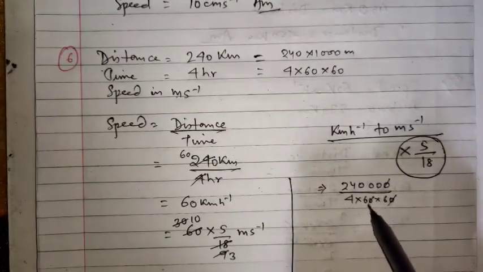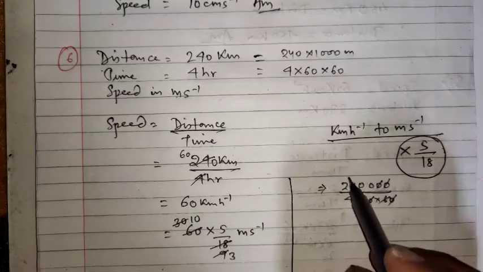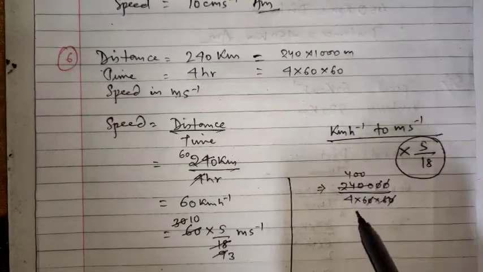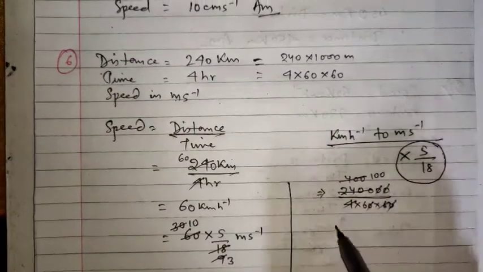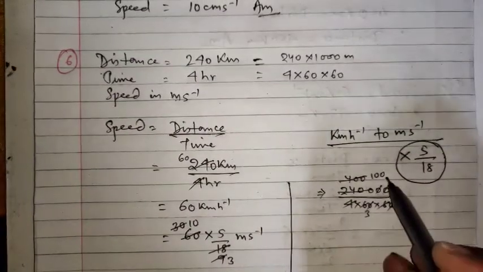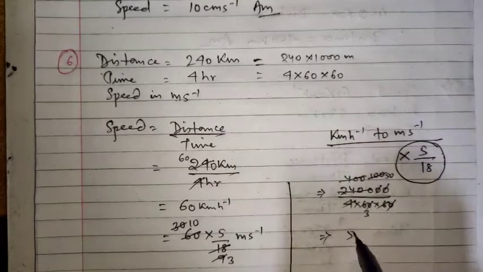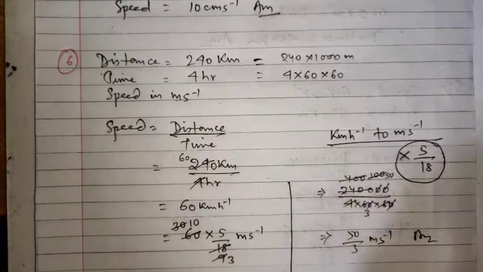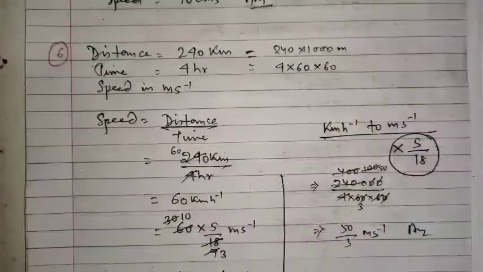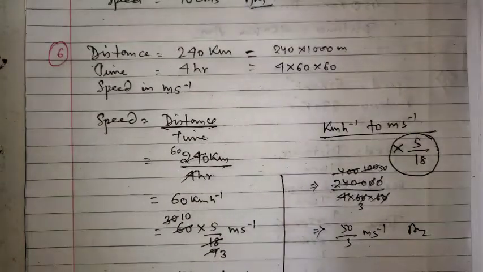Now we will reduce. 1 2 3, 6 4s are 24, 4 tens are 40, 100. Now 2 3s are 6, 250. Again you can see that we have got the same. Hope that both the methods are clear to you all, and let us see our next question. Question number 7 and 8 you have to do on your own. Let us see question number 9.